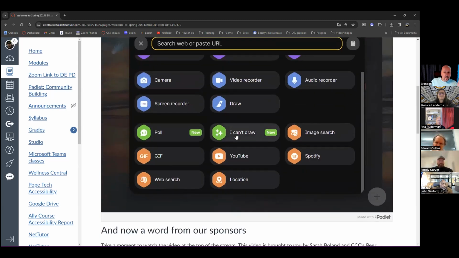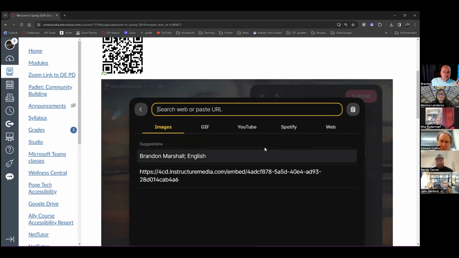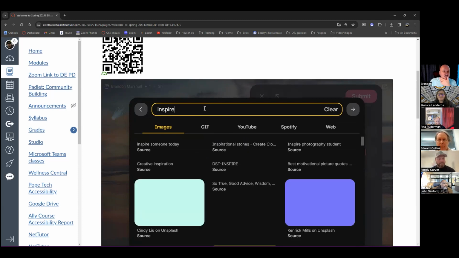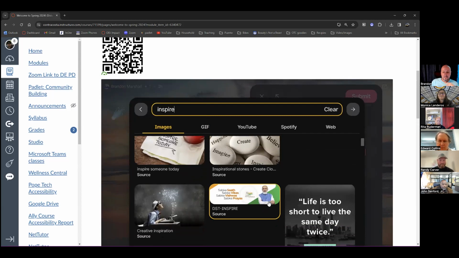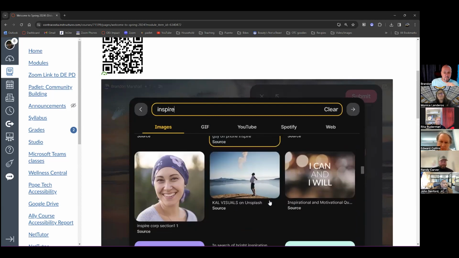You can use the new AI. I can't search, I can't draw, but I think the easiest one here would be image search. So for images here, I might type in "inspire," and then it'll give me a bunch of different images. And I know I looked here earlier and there were some really cool ones.